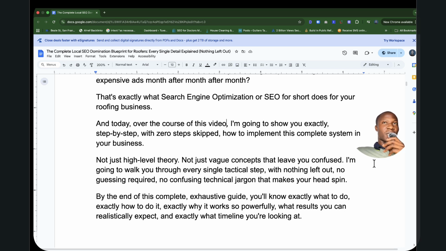So if you're a roofing business owner on a very tight budget, SEO is your best bet. It's something you should have under your belt whilst running your Google ads, because you need to stay in business. Don't get me wrong, your Google ads still need to run so you appear multiple times, but eventually you're going to do better with SEO, trying to reduce cost and increase your ROI.